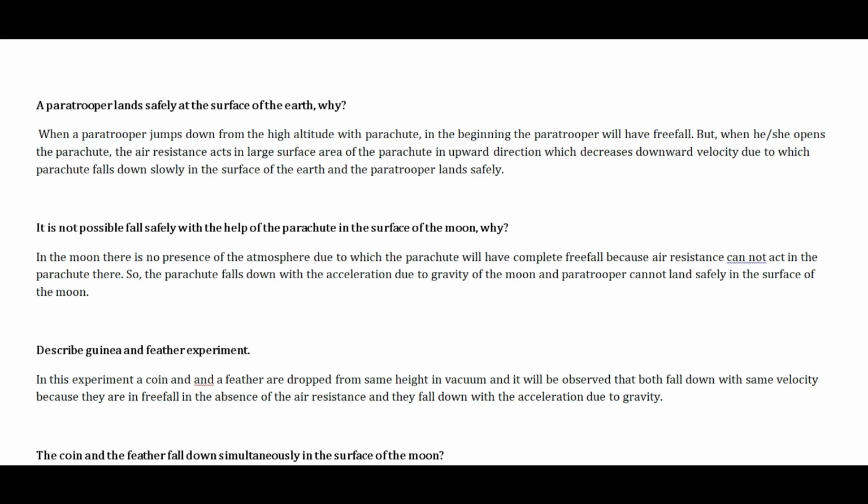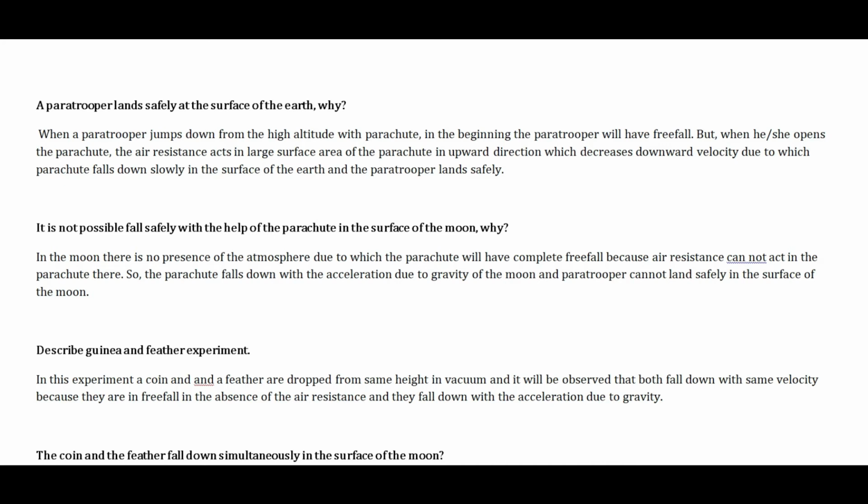So now I want to explain the guinea and feather experiment. In this experiment we need a glass vessel, and inside the glass vessel we have to keep a coin and a feather, and that glass vessel should be provided with a vacuum pump. That means inside the glass vessel we will create complete vacuum. And now whenever we invert that glass vessel, we will see that the coin and feather will fall down